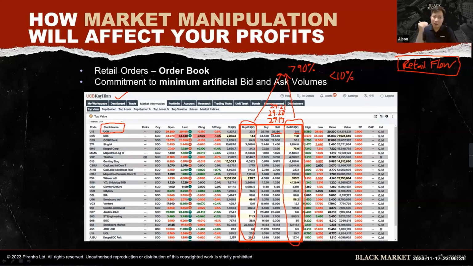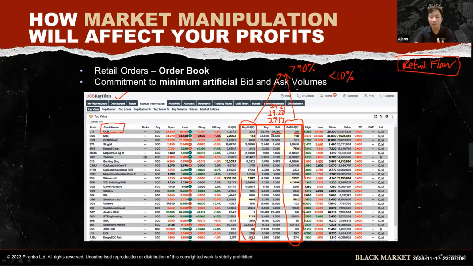Guess what? The market maker is the one who put the sell orders there, and you keep buying, right? The market maker will know, because he put more than 90% of the liquidity, the buying and selling orders there. He will know how much the retailers bought and at what price. Agreed? Imagine you are the one who put the orders there. When the retailers come and buy from you, you will know how much they bought and what their average price is, right? Because you can calculate based on your algo. And with this information, the market maker can manipulate.